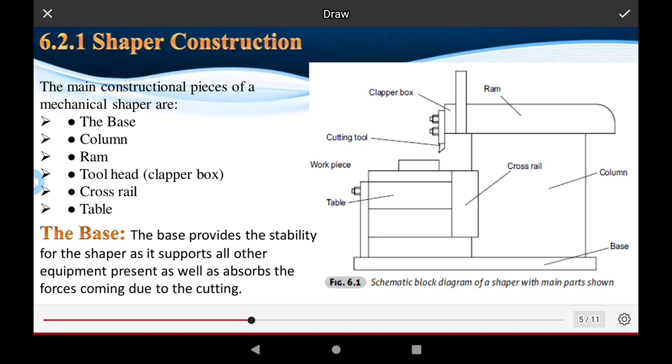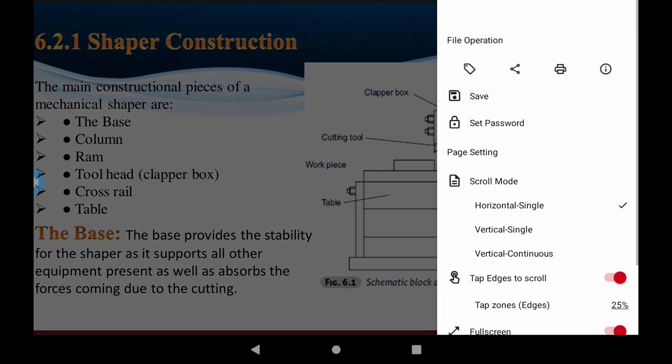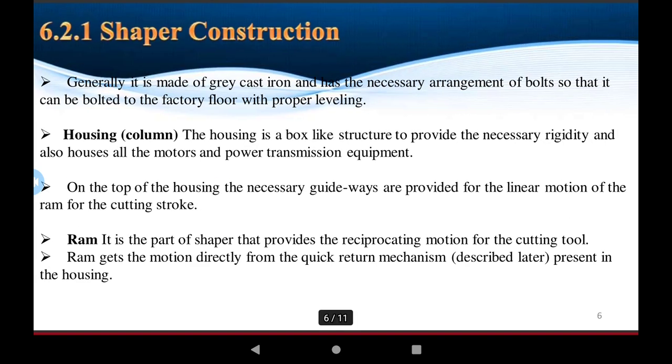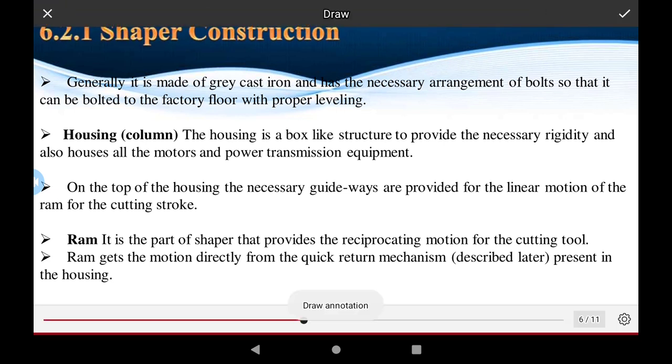Okay, the forces come from the cutting, and the bed absorbs the force coming from the cutting force of the machine. And as the shaper machine construction was also presented on the previous slide, I discussed the bed of the machine, and it is made of cast iron, with the necessary arrangement of the